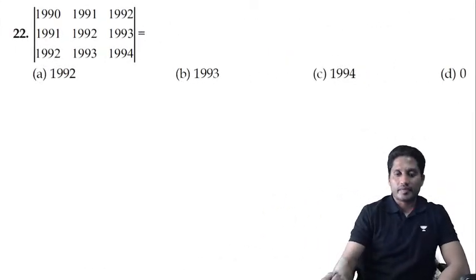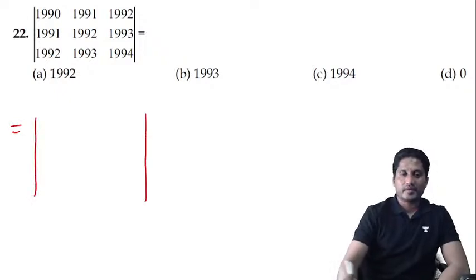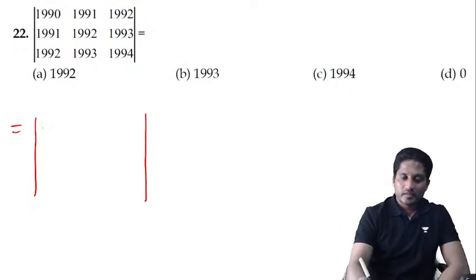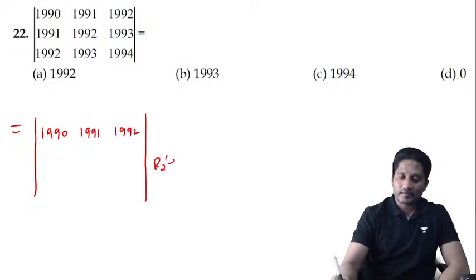Question number 22. See, whenever the arrangement of numbers are in AP in a 3 by 3 determinant, the value of the determinant is always 0. You want to still prove it? 1990, 1991, 1992. If I do R2 minus R1, if I subtract,